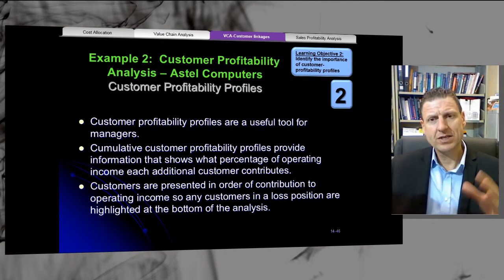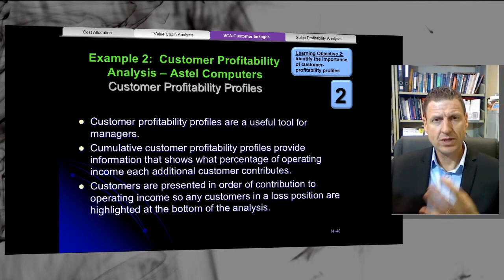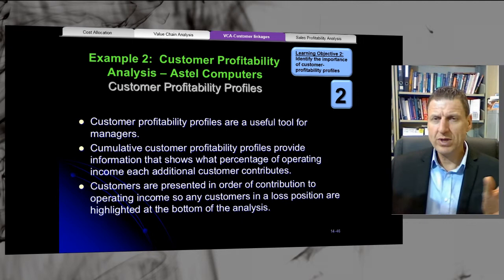So what are we trying to do here? We're trying to combine the revenue analysis with the cost analysis to come up with customer profitability profiles. And this enables us to rank the customers from most profitable to least profitable. And when we do this ranking, then we're able to make decisions like, where should we focus our strategic customer acquisition efforts? Where should we focus our customer